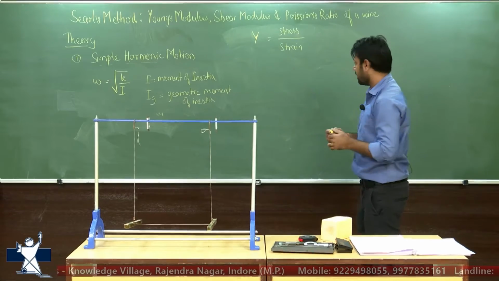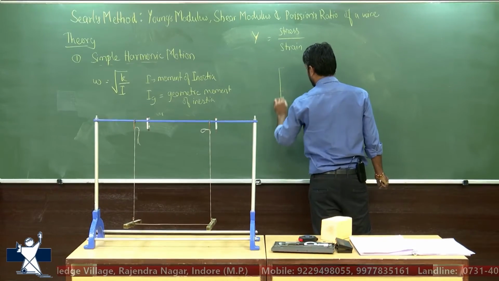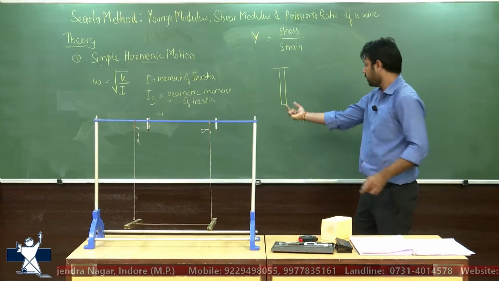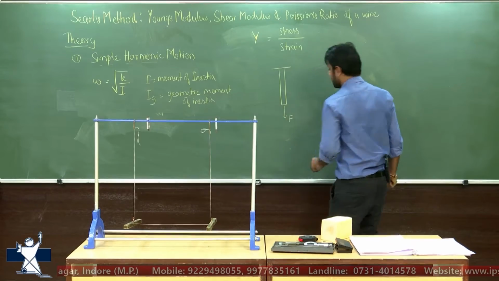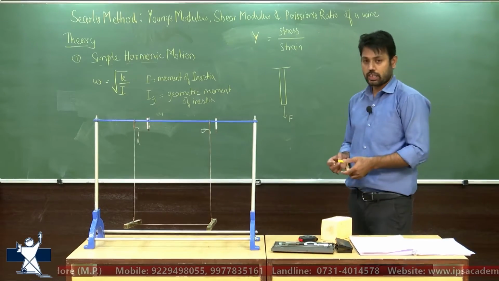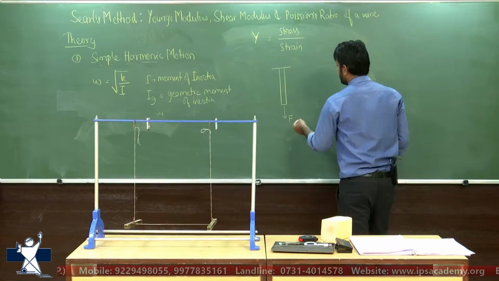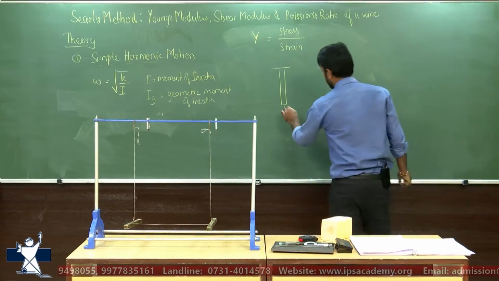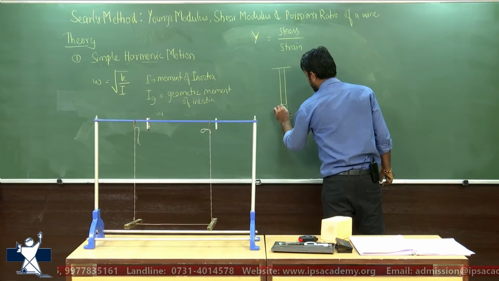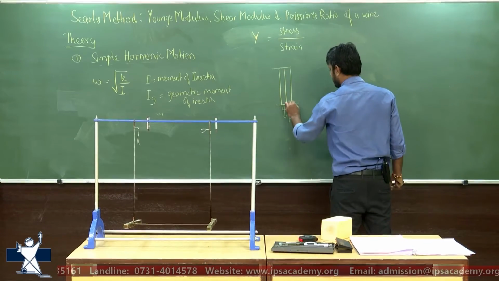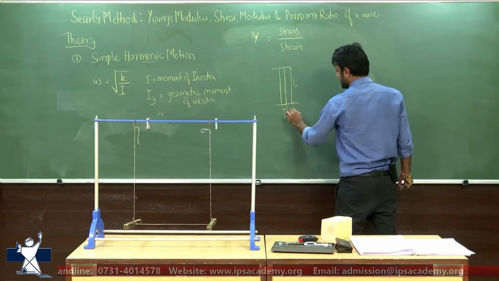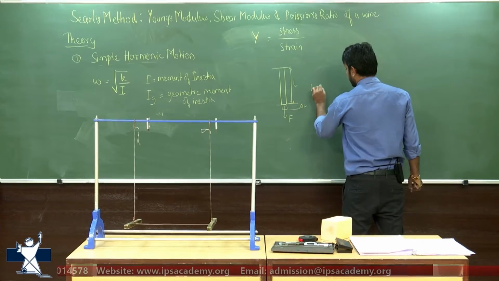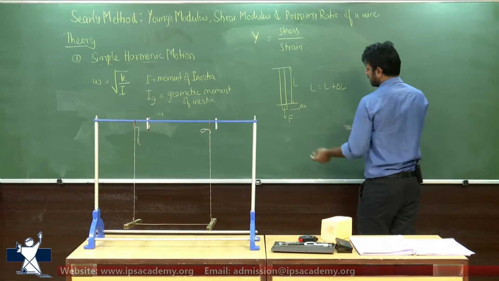So in a simple form, if you have, let's say, a rod or a wire, and you fix it somewhere and you start pulling it down. Let's say you apply a force F and pull it down. So eventually with sufficient force it will stretch. If it's a rubber, it will stretch very easily. If it's a metal, it will eventually stretch. And let's say it changes its length from its basic length L to some L plus delta L after the stretching.